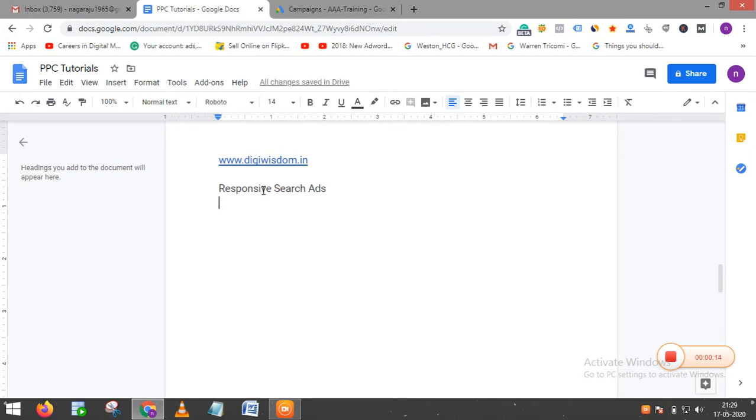So, by the name you can understand, this is a search type ad that you can create under your search campaigns. This is similar to normal expanded text ads and search ads, but the only difference you find is the number of headlines and the number of descriptions. In a normal expanded text ad, you will find 3 headlines and 2 descriptions.